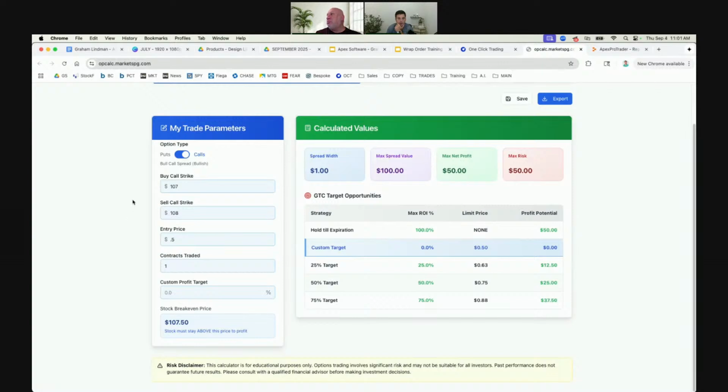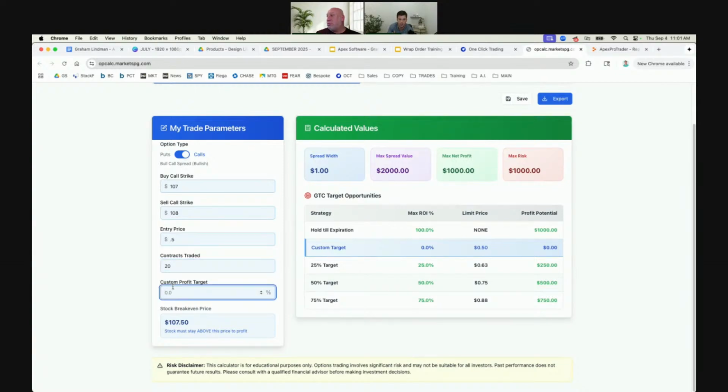So how much do you want to bet? Well, if you just put the information in here, and maybe we enter for 52 cents, we'll see how it works. Based on one contract, you can just up this as much as you want. Risk is how much you're willing to bet, and this is the max ROI. And if you want to use a target, which we have full trainings on,